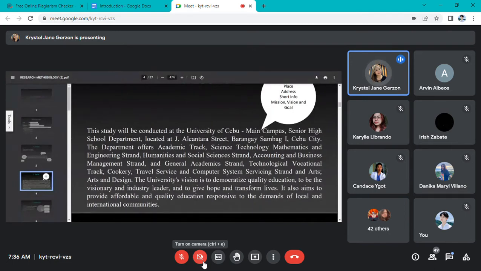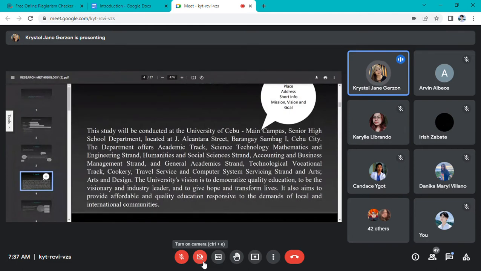Okay, so sakto, University of Cebu Main. Walay campus na University of Cebu Main Senior High School Department. And then the located address of the school, and then the short information. For example,